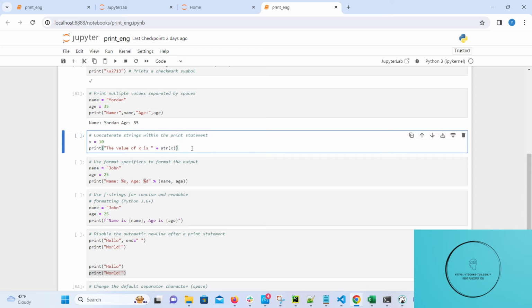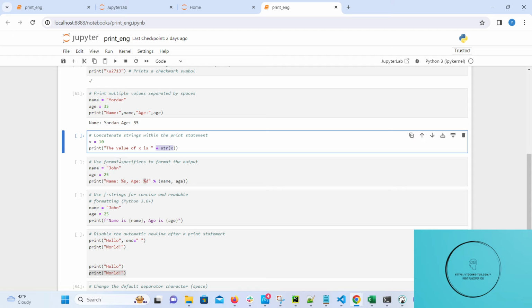The next one is how we can concatenate strings. The tricky part here is that we could concatenate not only strings. In our example here, it's an integer value. X is equal to 10, and that is an integer value. We can concatenate it to our string, but we first need to convert this integer value to a string.